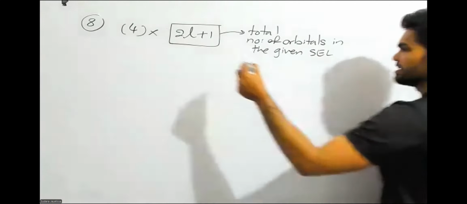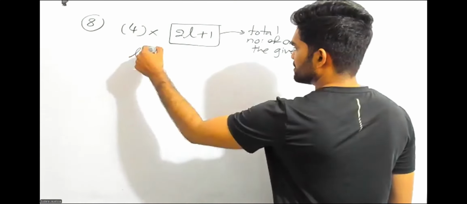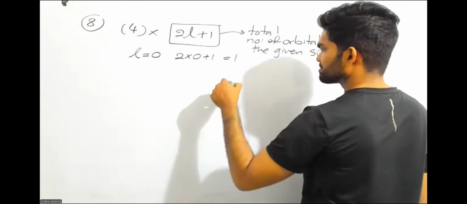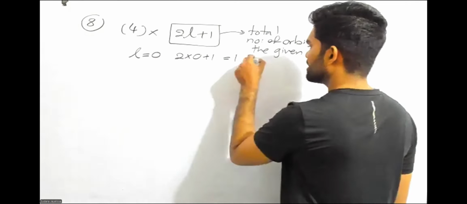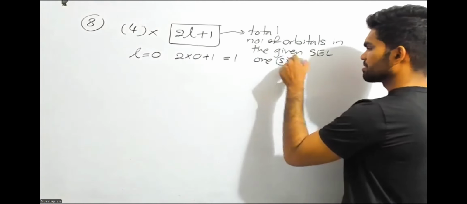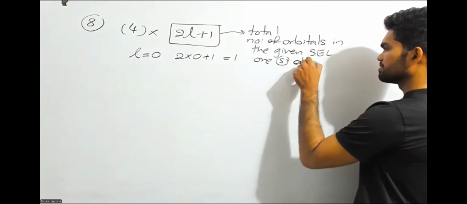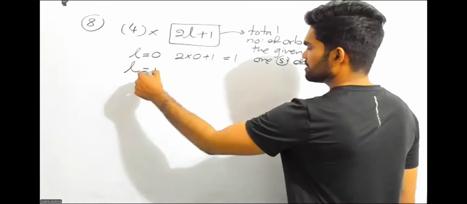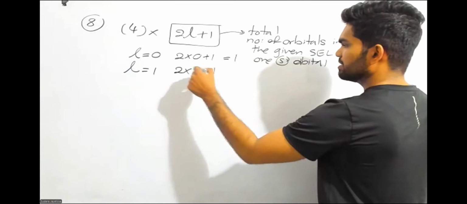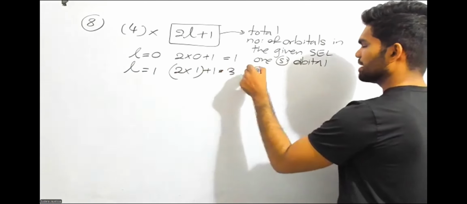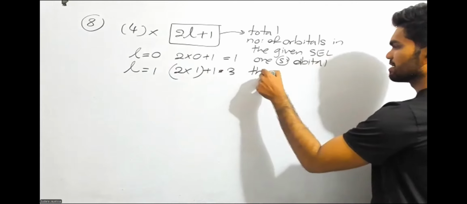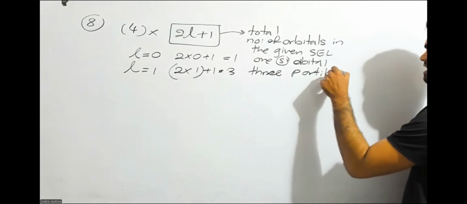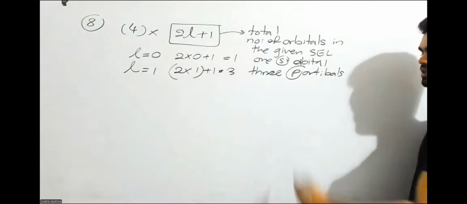Let's say L is equal to 0. That means 2 times 0 plus 1 is 1. That means you have only one s orbital. Let's say L is equal to 1. That means 2 times 1 plus 1, 3. You have how many orbitals? 3 orbitals. Like that, it is telling you the number of orbitals, not the